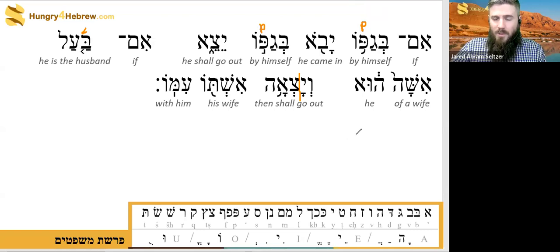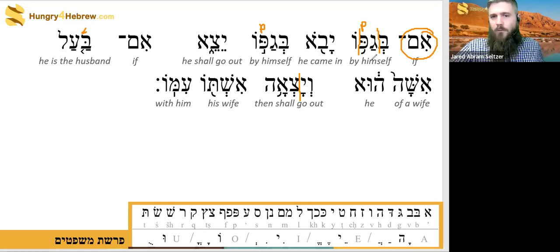It's because the root is gimel pei pei. All I think of is like the word goof. Oh man, I might have to look that one up. Usually goof in modern Hebrew means your body. So here it's giving a stipulation. Im, if, begapo, they're translating it as by himself, but I think of it literally as with his body,